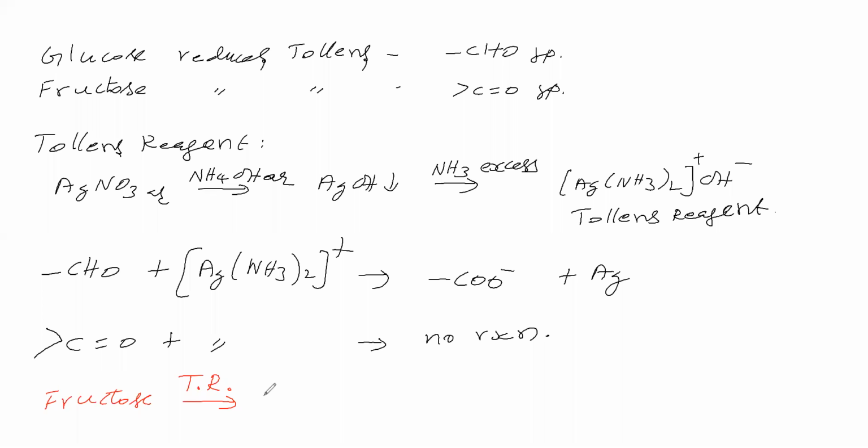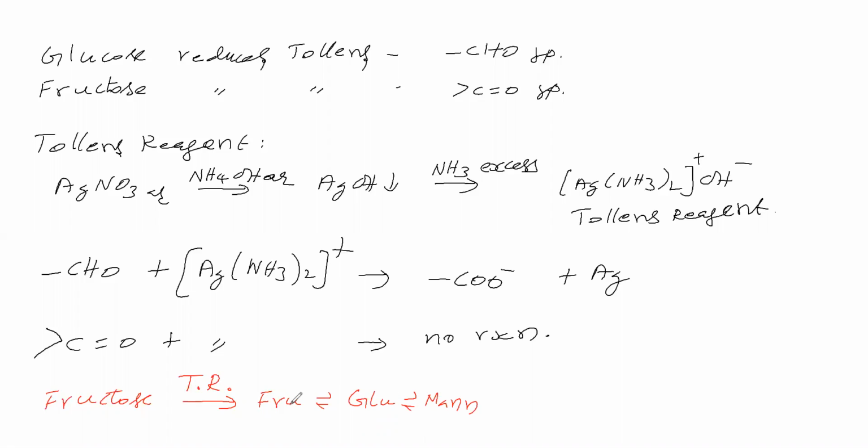So fructose is converting into what? Fructose becomes glucose, glucose becomes mannose. Like this equilibrium is possible. This fructose we are taking, we are adding Tollens reagent. It is in basic medium. Basic medium means fructose is going for such a type of equilibrium. Here glucose is there and mannose is there. Both have an aldehyde group. Because of the aldehyde group, they are reducing Tollens reagent.